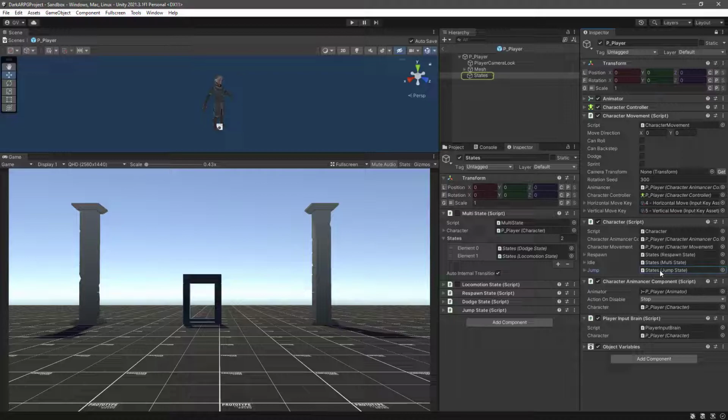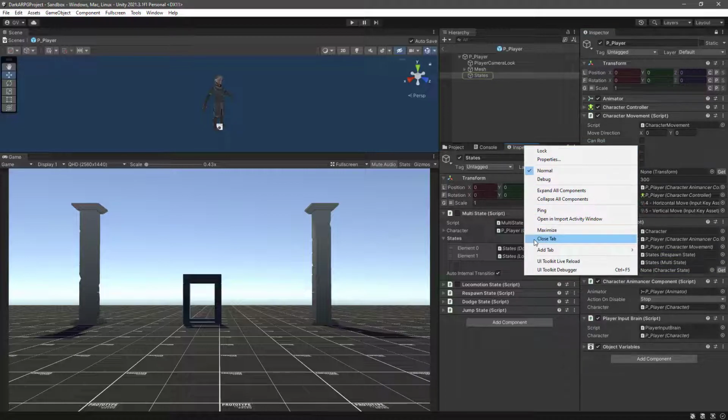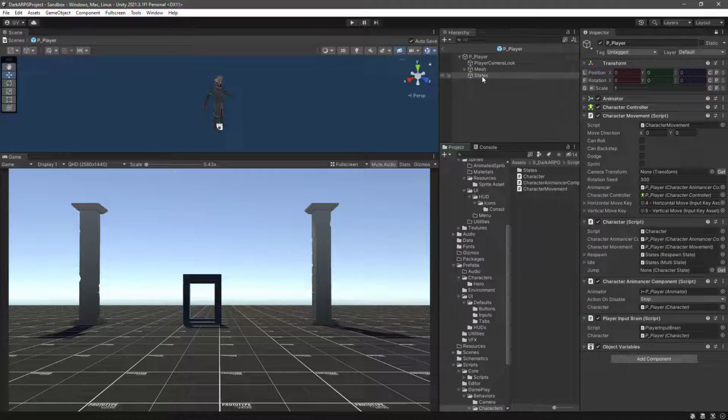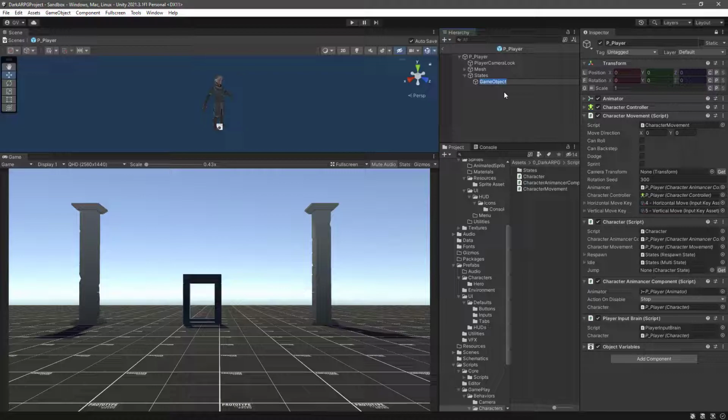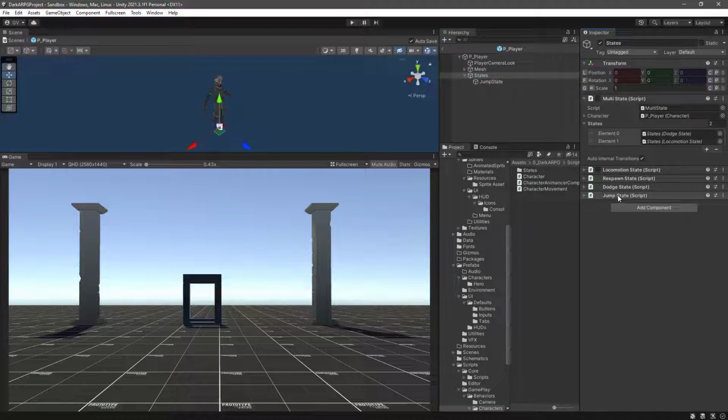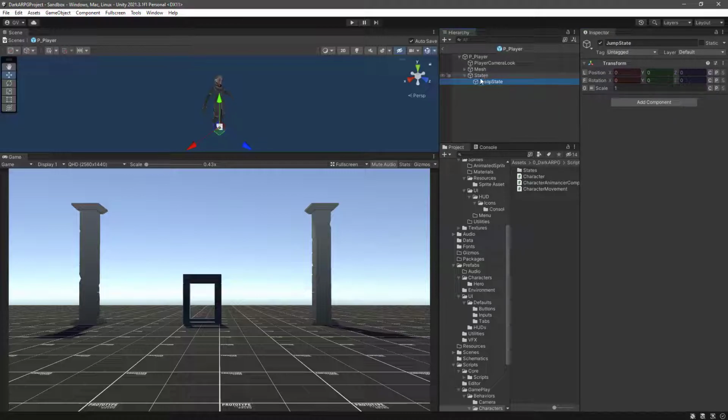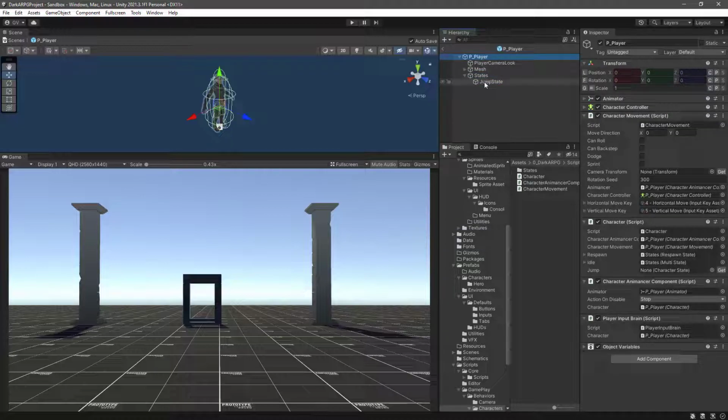Another way to do it is, for example, let me remove this tab from here. In the states itself, create another child object, and let's call this one jump state. And instead of creating the state itself in the states game object, we could create it here. So each state will have its own hierarchy of game objects, so it will be easier for you to just drag each state into the slots. But again, this approach would require a new game object for each state, and at the end I think it's not